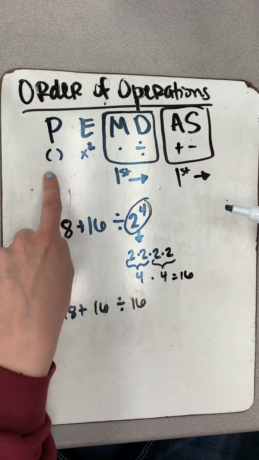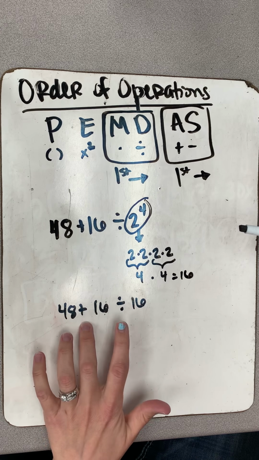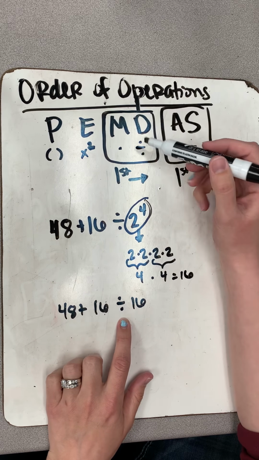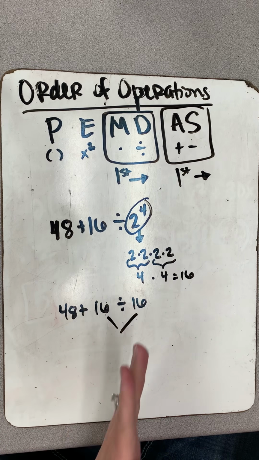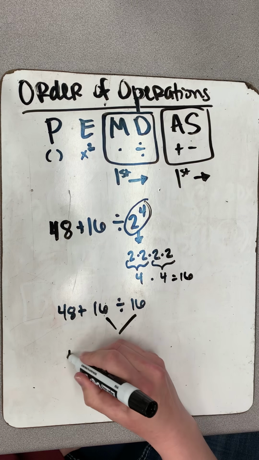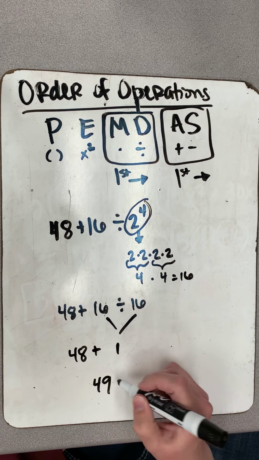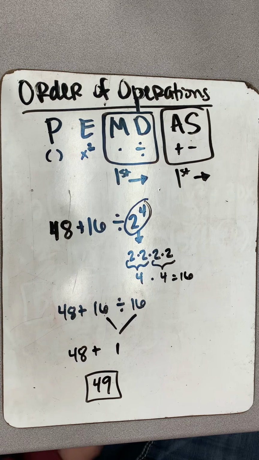So we've done parentheses, exponents. Now we're talking about multiplying and dividing. So we have an adding and we have a divide. Because multiply and divide comes first in order of operations, we deal with this first. 16 divided by 16 is 1. And then we can say, okay, 48 plus 1 is 49. That is my answer to this problem. All right,